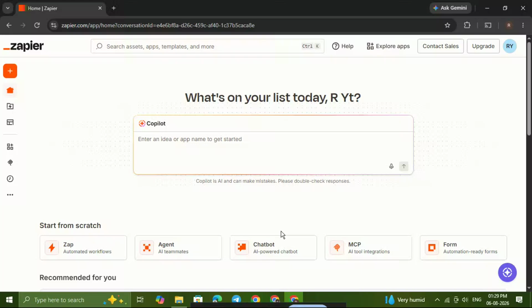In today's video, I'm going to show you how to use Zapier with Instagram step by step so you can build a simple automation workflow without feeling overwhelmed. This is a great way to connect Instagram with other apps, save time, and create a smoother system for your